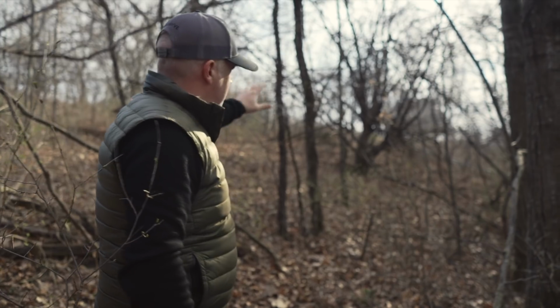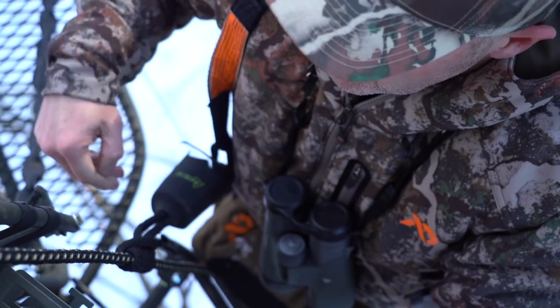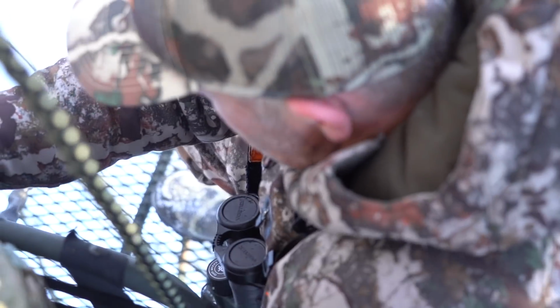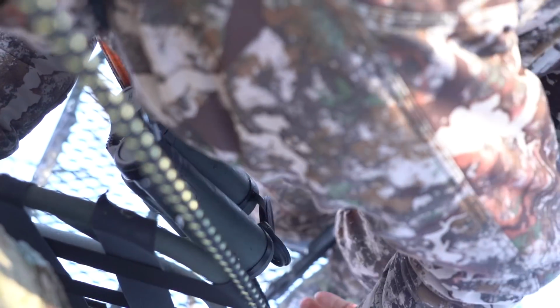The stand location is far enough away, and we'd have good access in and out to where we can get in and out without spooking deer, even if there's 20 deer out on that food plot. We use very, extremely quiet, all steel Family Tradition stands, so they don't make any noise when they're going up or down. If you had to come in here and set up a tree saddle type stand or